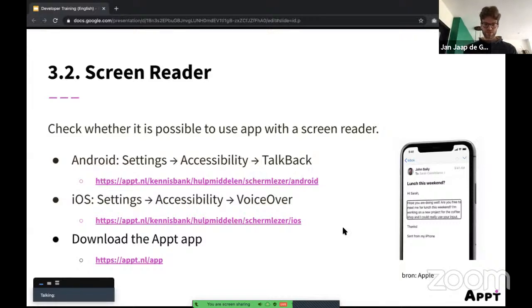So on our knowledge page, you can find more information about TalkBack, which is the screen reader on Android, and also VoiceOver, which is the screen reader on iOS. And also in our own app, which is also free to download, you can learn some of these gestures, because I really suggest everyone to try out the screen reader on the apps you're developing yourself, or maybe on apps of companies you work with, and then see if it's possible for you to use the app. Basically, you can also blindfold yourself, open the app with a screen reader, and see if it's possible for you to use it without using your eyes.